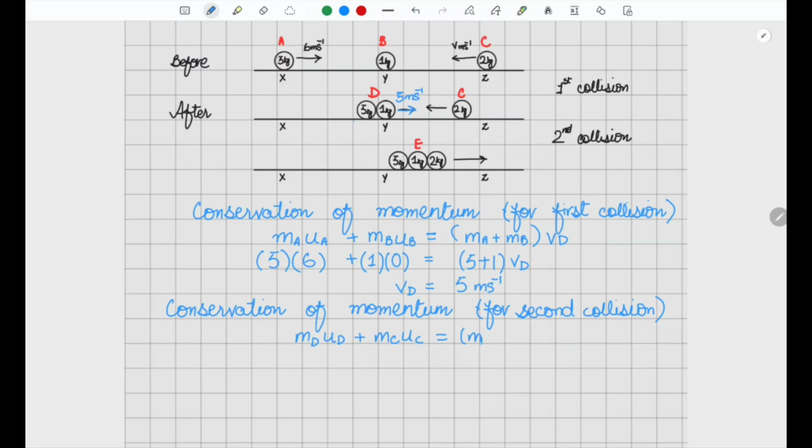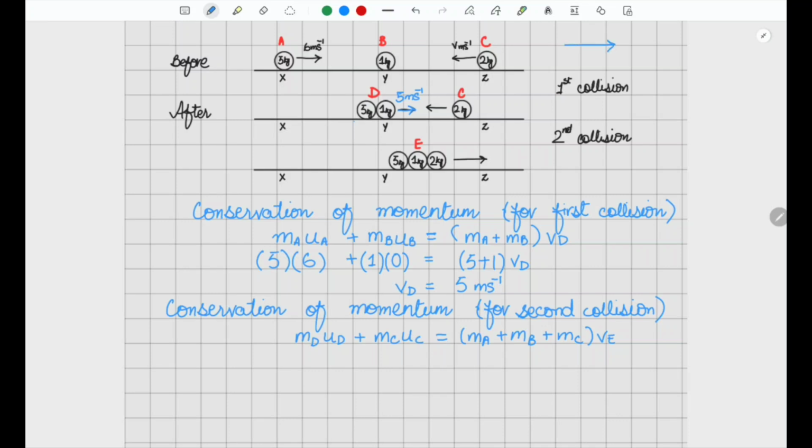So m of d you can write, or individually you can write, because d is also a plus b. So m of a plus m of b plus m of c, because now all these three coalesce and become E, times velocity of E, because they all will be having the same velocity ve now. Now substituting the values, we know that we take